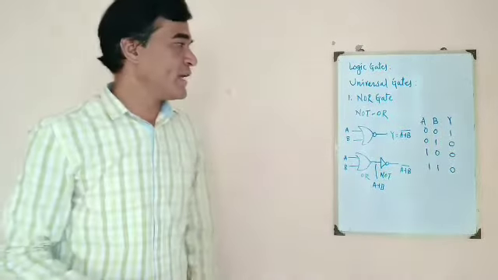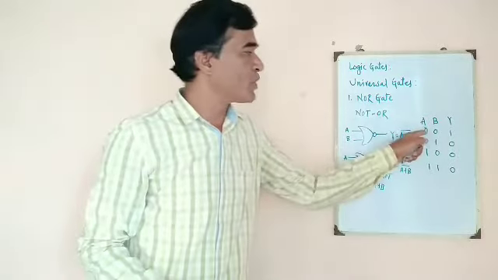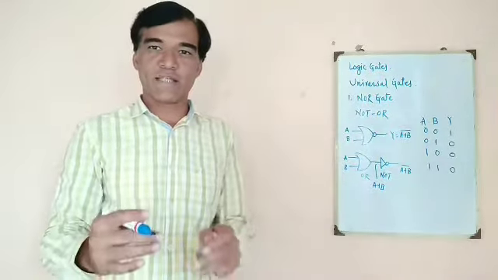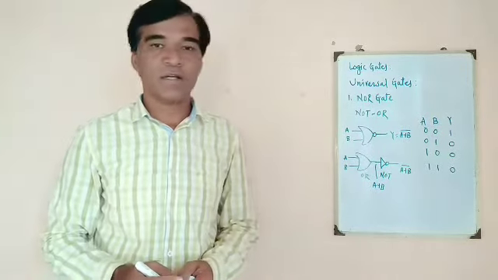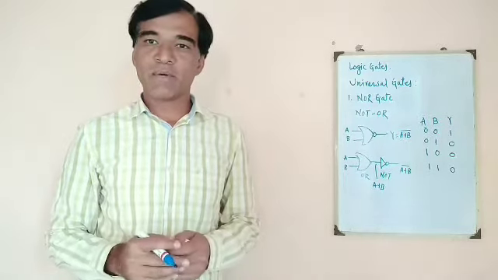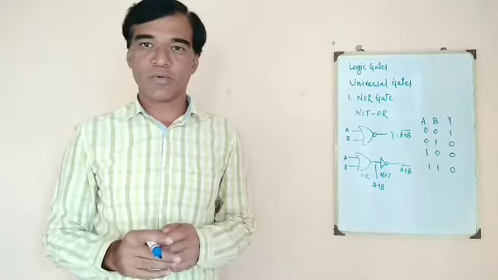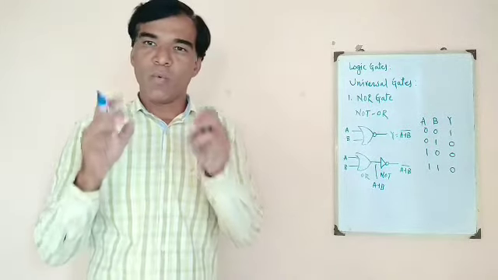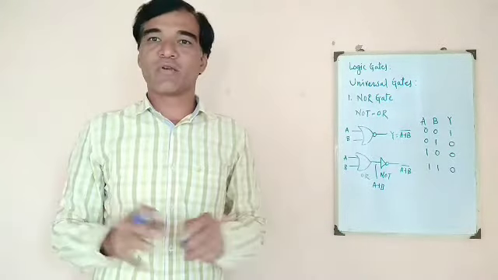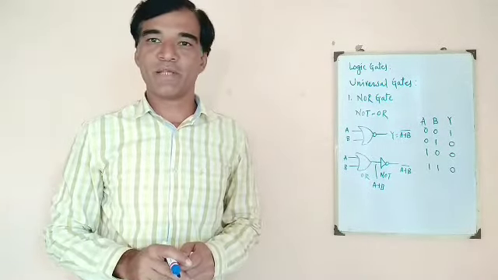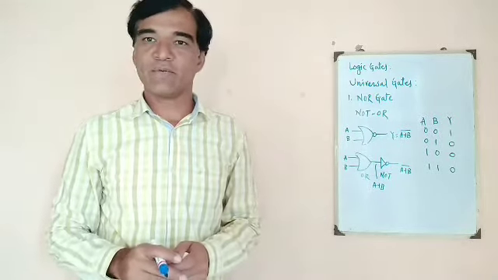In short, I can say that the NOR gate gives a logical high output when both of the inputs are low, which is exactly the reverse of the OR gate. This is the first universal gate, a NOR gate. Why is the name given as universal gate? Any Boolean expression or digital circuit can be implemented by using only this NOR gate. You will get all gates using NOR only. Hence the name universal gate. The same is true for the NAND gate also. Let us see what this NAND gate is.